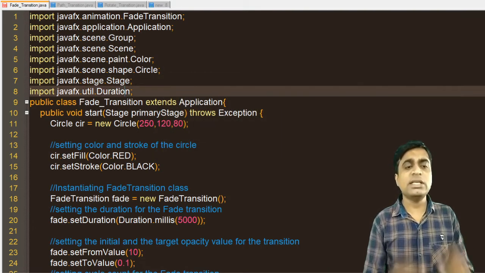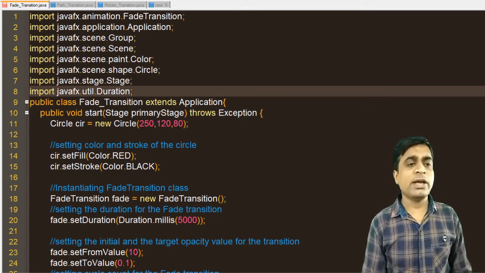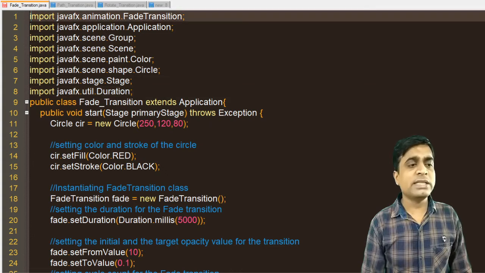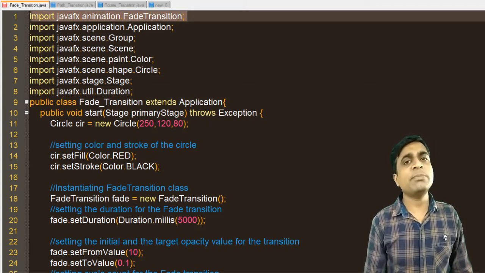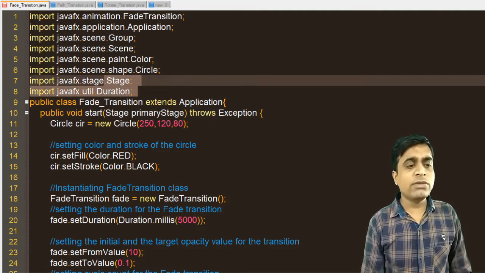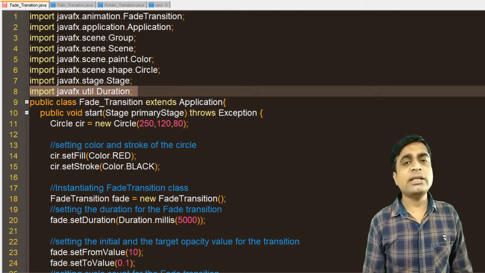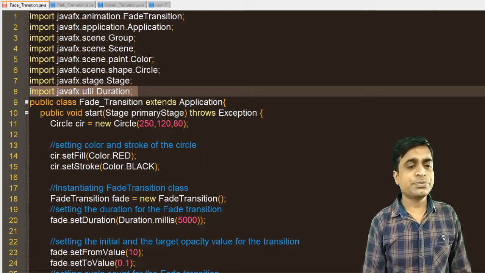So let's understand the program and which packages and classes are required. One important class is the javafx.animation.FadeTransition, from the animation package. After that I am using the util package, the utility package, because I want to use a duration, the time over which you want to change this value.